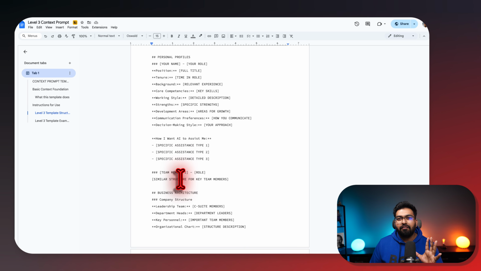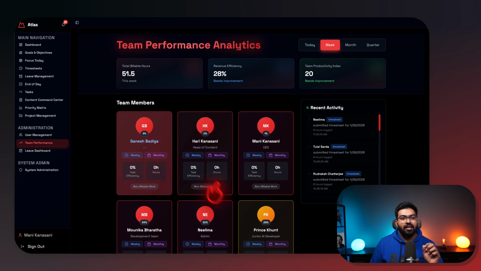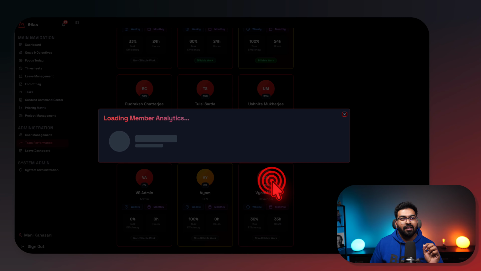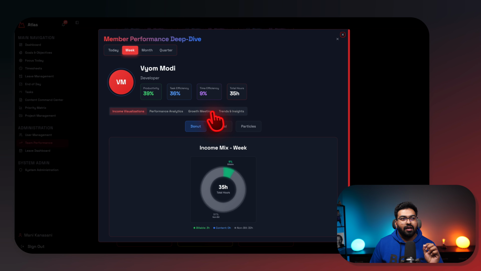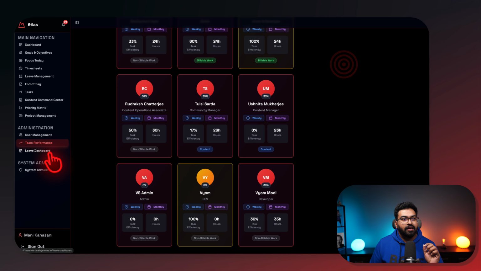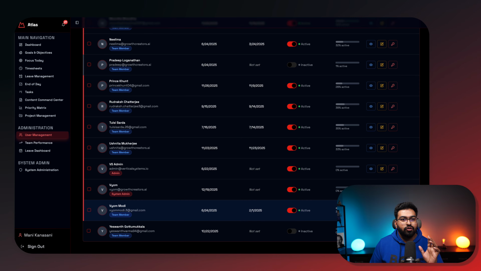So when you have all of this context, imagine what we can achieve with that. So what we did is we built a team application. We have all of these team members working for us, and for each team member, we can see what they're doing, what their performance is, and how many timesheets they're submitting. For example, if we take this user,